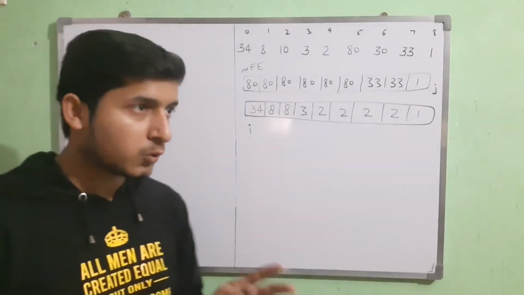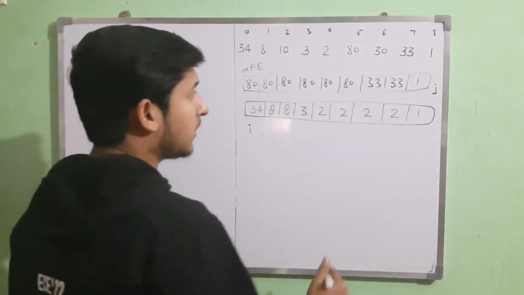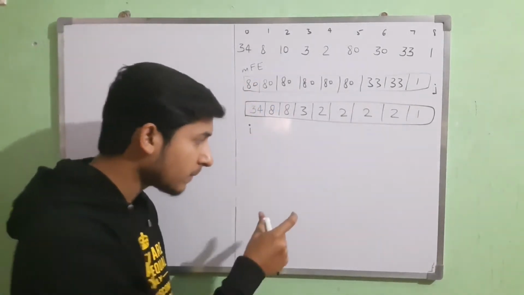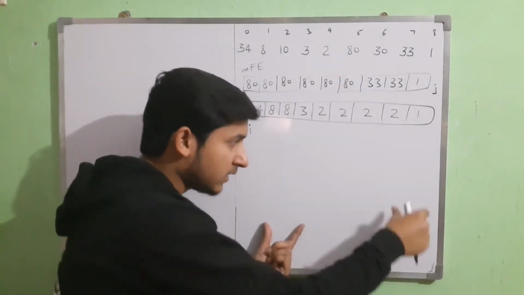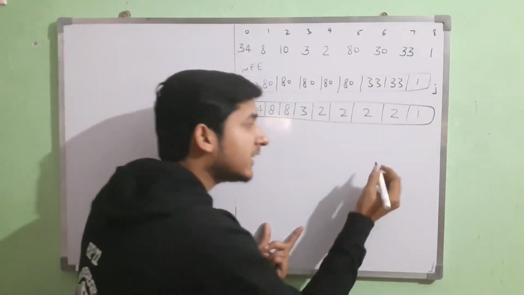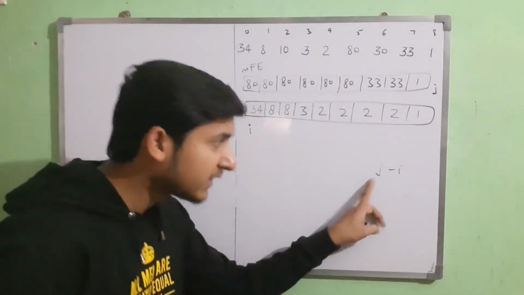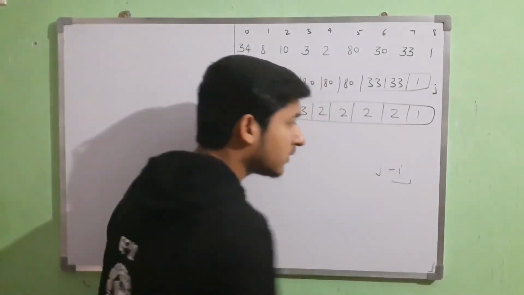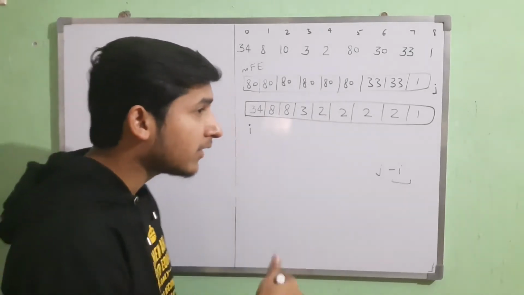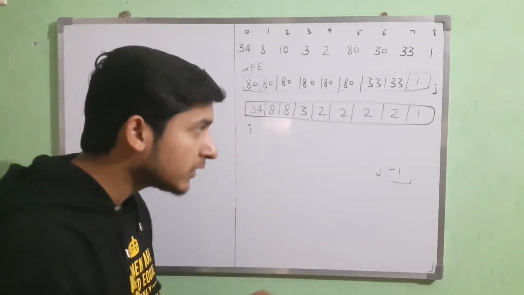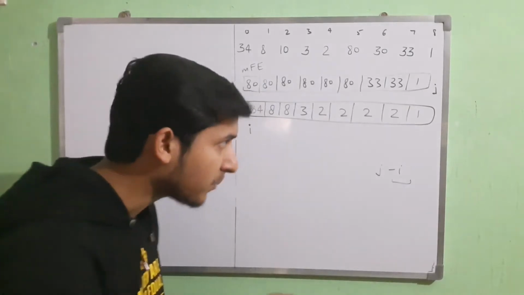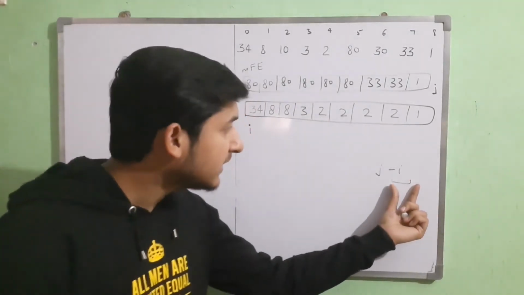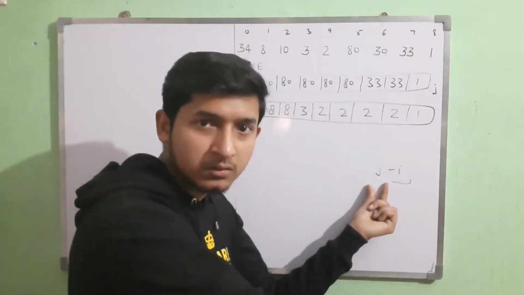So what I am going to do is both will start from the same index, okay? And if j can increase ahead, then it's good. The value of j minus i will also increase if j increases. But if j can't increase, then i will increase. Then definitely we are reducing the value of j minus i for that instant. But if i is reduced, then there is a high possibility that j can increase later on.